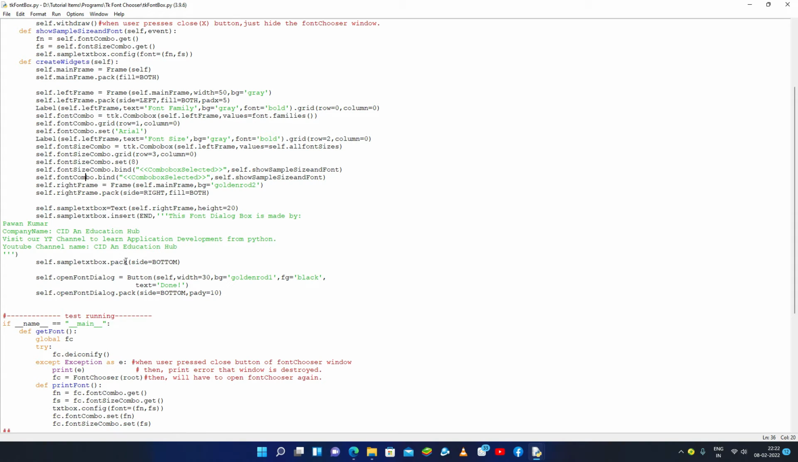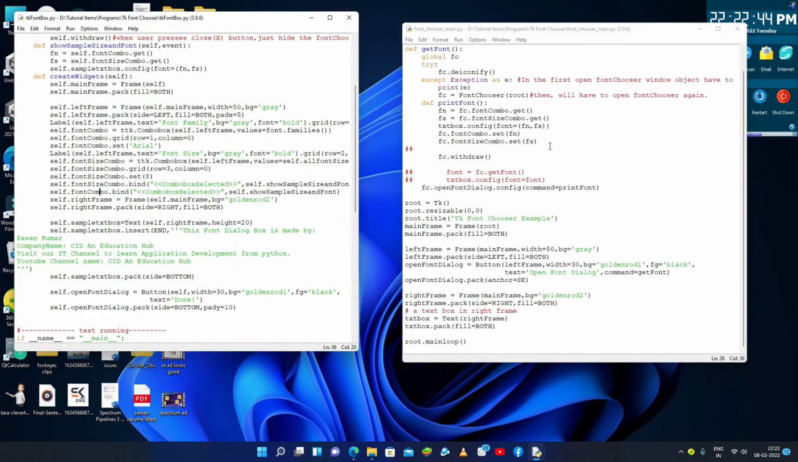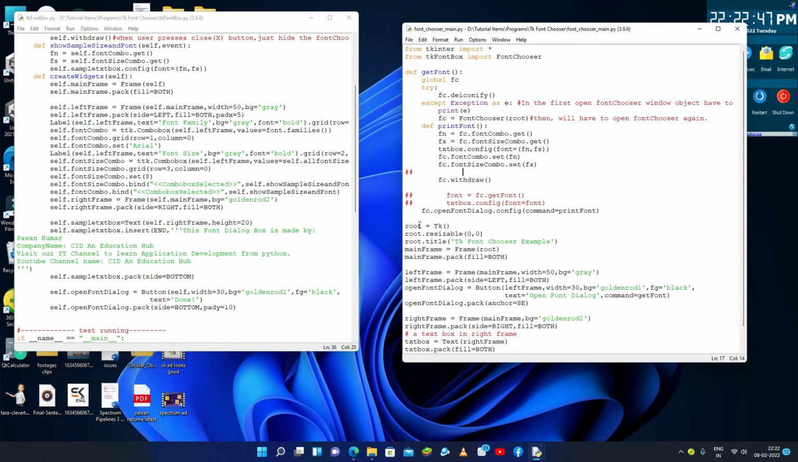If you have any doubt, then you can ask me through the comment box, but you just have to use this class in your program to open the font dialog box. That's why I will elaborate only the right one in detail. As you can see